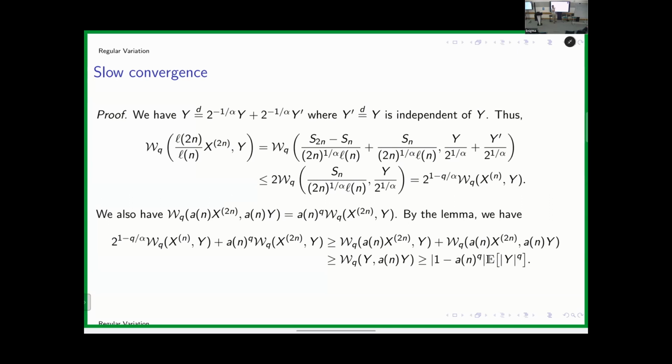Okay. Now, because the Wasserstein distance is nicely defined, I can take out the factor 2 to 1 over alpha that I have here and here. Now I get it here with power q, because I have some q moments. And I have here the Wasserstein distance between x at time n and y. So I have some relationship between x at time 2n and y, with some constant, versus x at time n and y. This is one of the two steps.